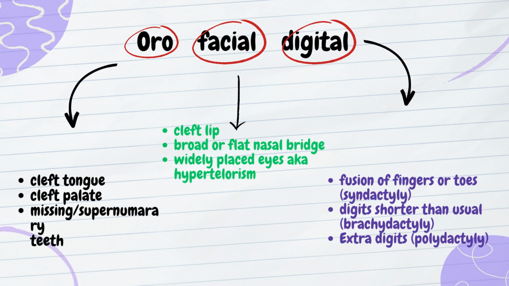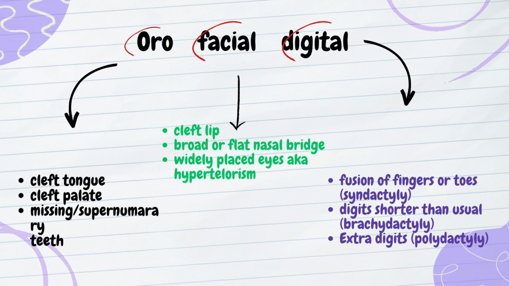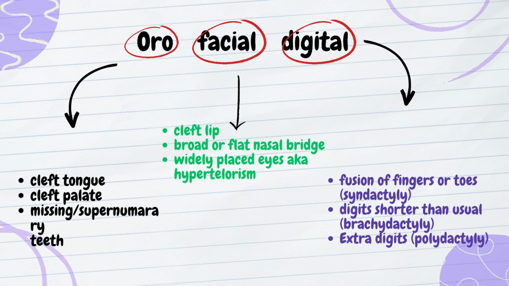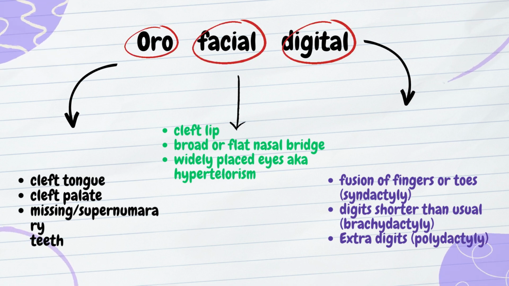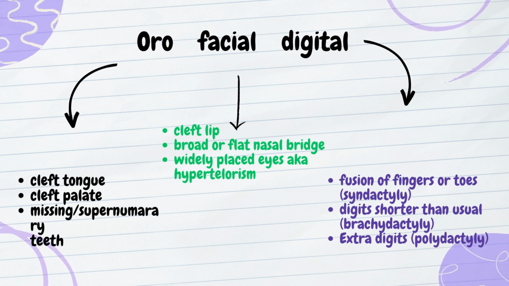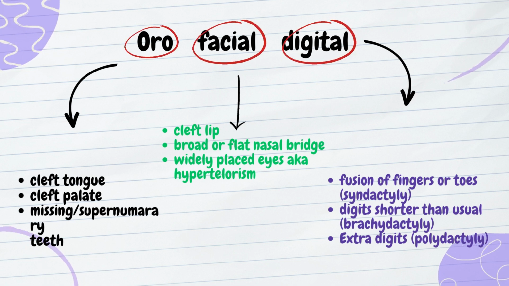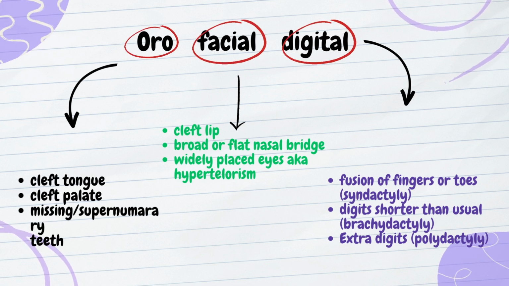And what is the digital part of the syndrome? Digital, there is fusion of fingers or toes, which is also called syndactyly. Digits are shorter than usual, which is also called brachydactyly. And extra digits. The patient may have extra digits, which is also called polydactyly. And now I'll show you the